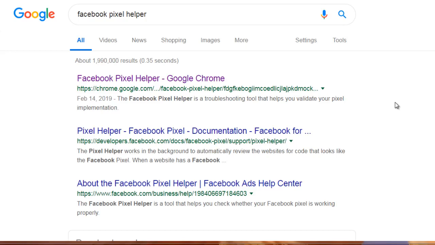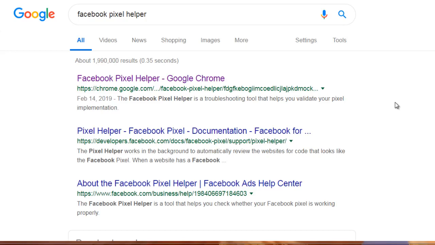We do that by simply downloading a Chrome extension, which is free, called Facebook Pixel Helper. What that does is it detects whether you have a pixel on the specific page that you're looking at. So let's say, for example, the funnel has 3 different pages. We can go to those 3 different pages and see what Facebook Pixel Helper is telling us. It'll tell us whether it can see the view content or the add to cart or the purchase code